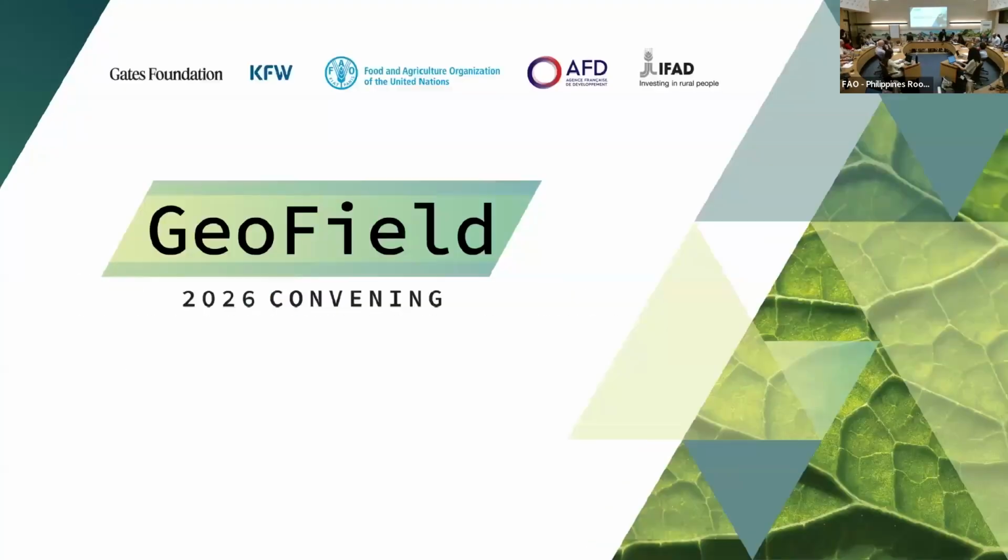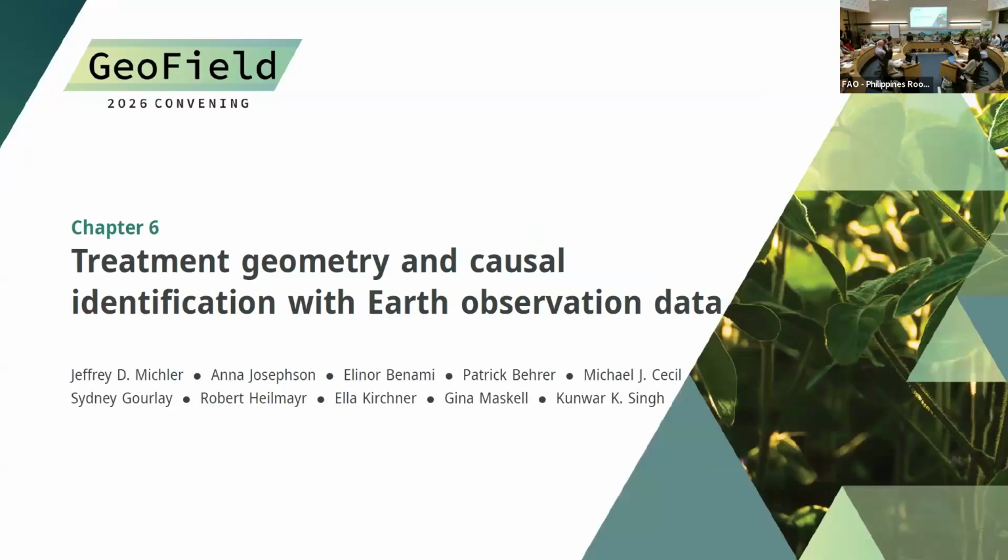So for a little background on this paper, it's actually split off from the paper that Eleanor presented earlier. When we were asked to write that paper, we turned in a manuscript draft that was more than twice as long as Ariel and Kunwar had asked for. And so they had us split off the paper into two different ones. This one has evolved into something called treatment geometry. So I'm going to explain what treatment geometry is and introduce this as a concept to guide the decisions that we make as we go from raw data to final causal estimates.